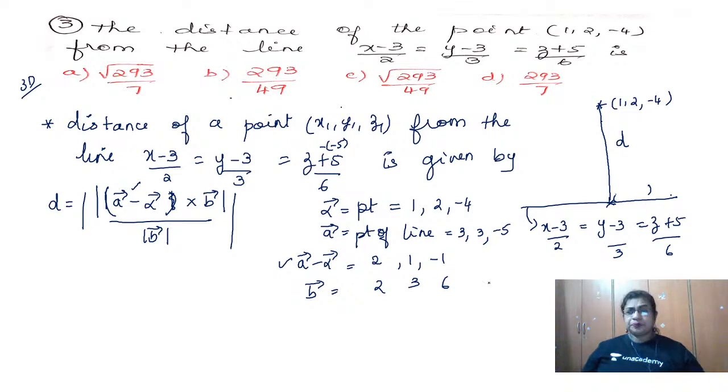So now first you will find the vector A minus alpha vector cross with the b vector. See that shortcut here. Write that first, that is 2, 1, minus 1 two times. Below that write the b vector two times. So that is 2, 3, 6, 2, 3, 6. Now what you do is cancel the first column, cancel the last column and take the determinant, that is your